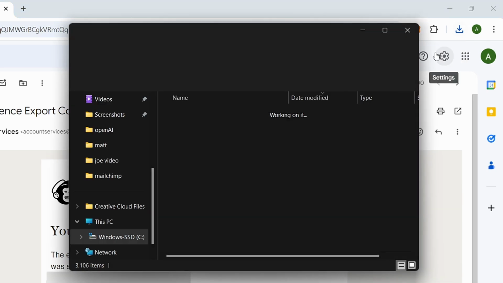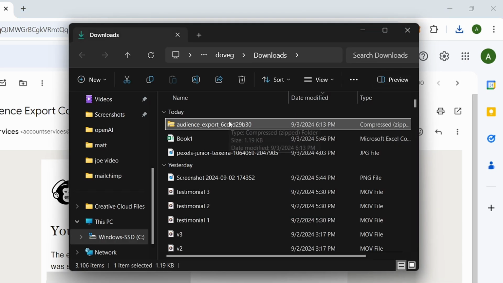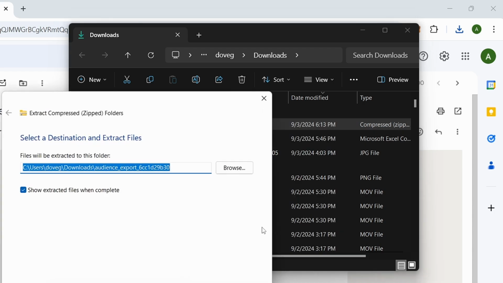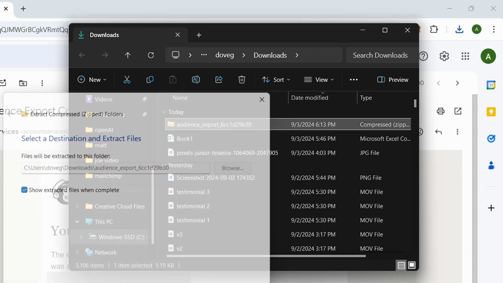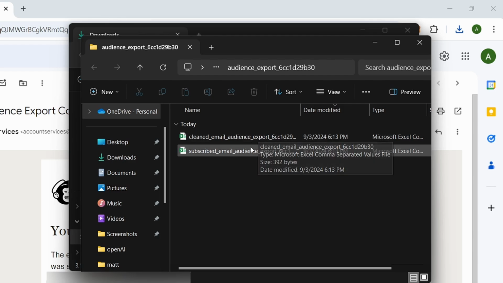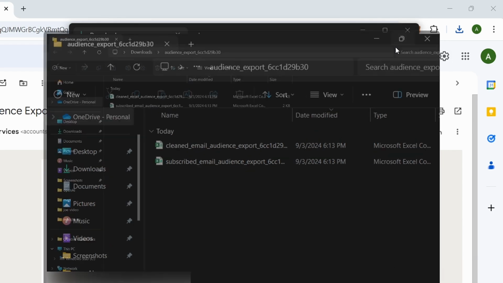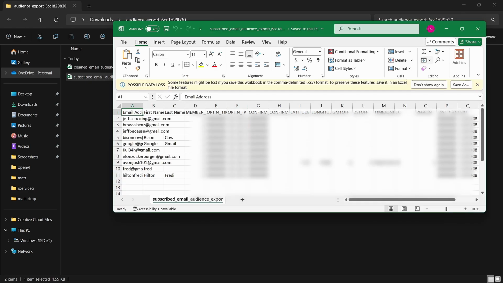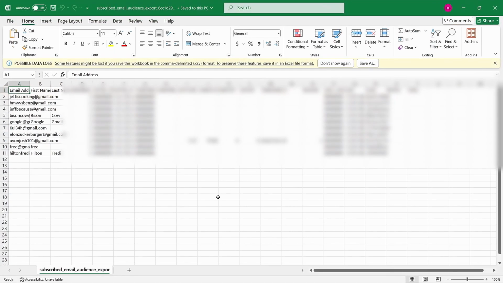Locate this file in your Downloads folder and then extract its contents by right-clicking and selecting Extract or using extraction software. Inside the unzipped folder, you'll find two Excel files, one titled Clean Audience and the other Subscribed Audience. It's a good idea to open both files to verify that the information is correct before proceeding with any further